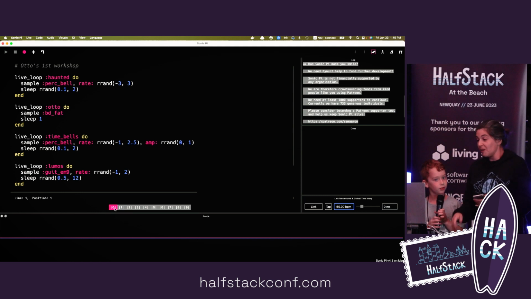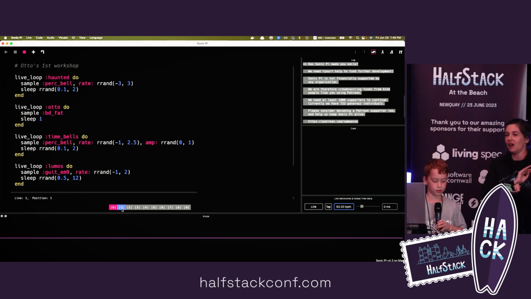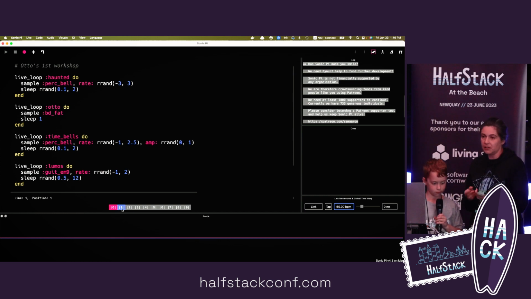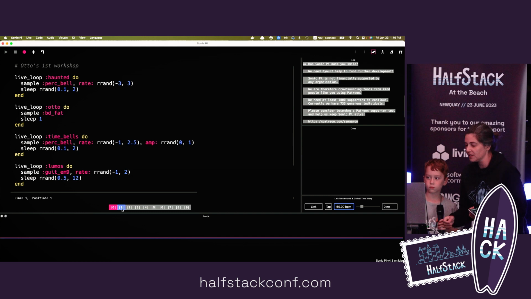Let's wait to play for your final code. Okay. So then we moved on. That was the first introduction, completely new. Otto had never heard about Sonic Pi or touched Sonic Pi, and already we managed to cover a lot. These are not necessarily such beginner concepts. When you think about it, this is really the fundamentals of programming, and it's something that you can really transpose to anything that you code afterwards. To me that's also interesting. It's the transposable knowledge, right? You learn stuff, but it's also useful for applying it to other languages and other projects.